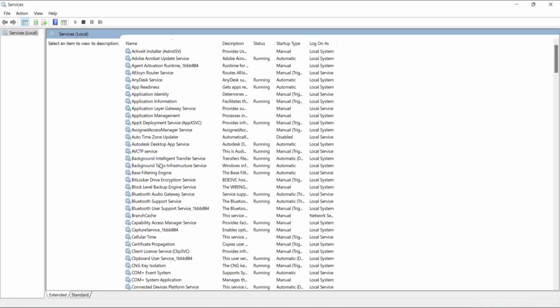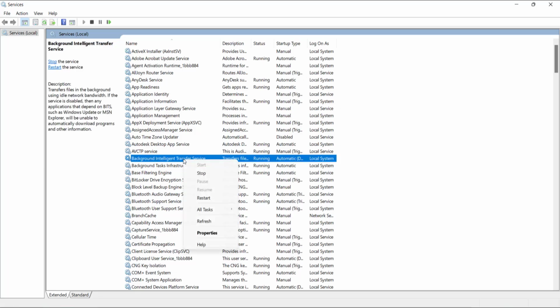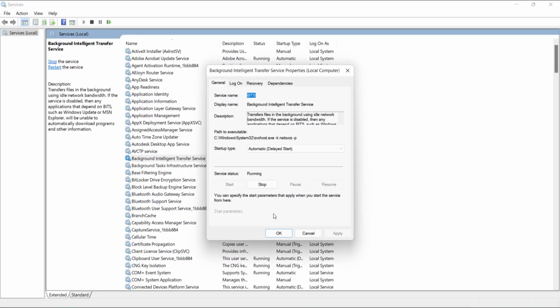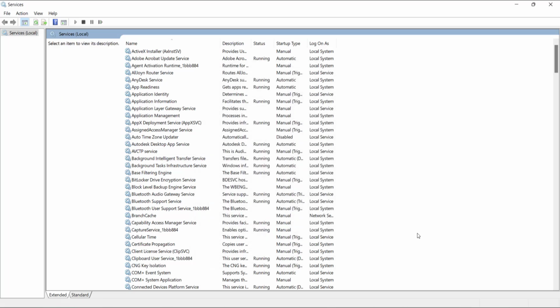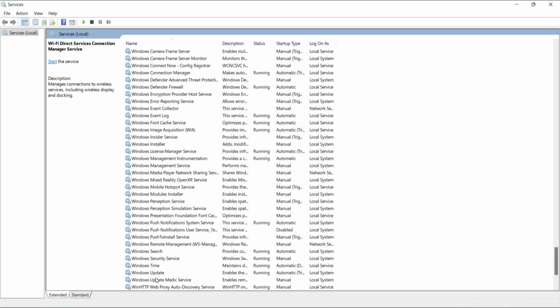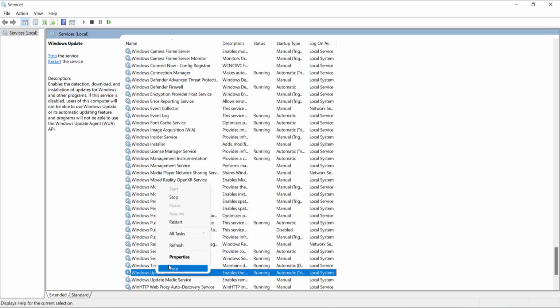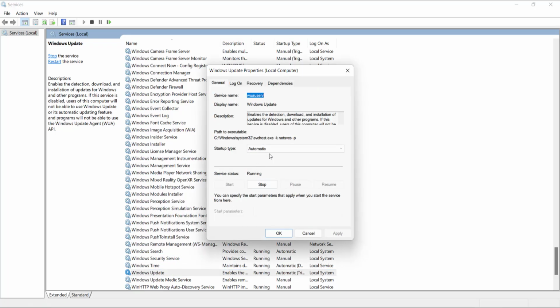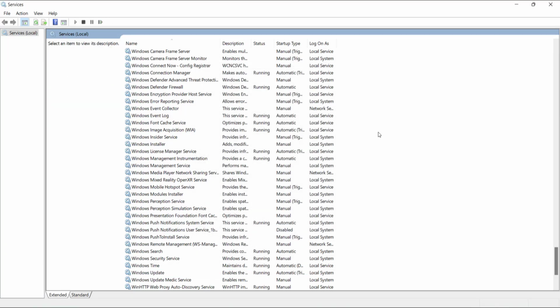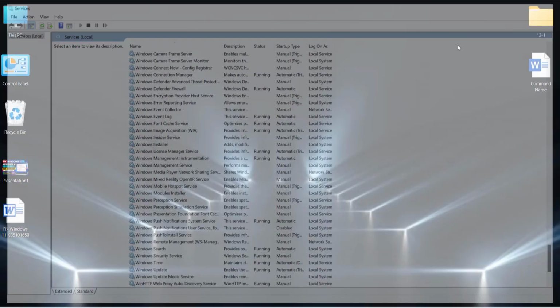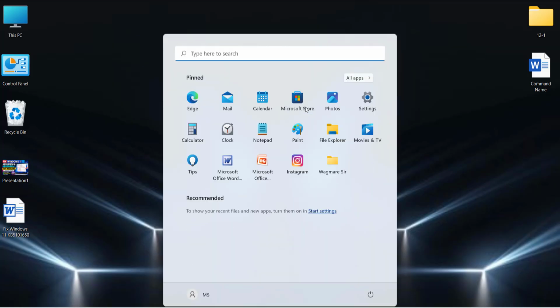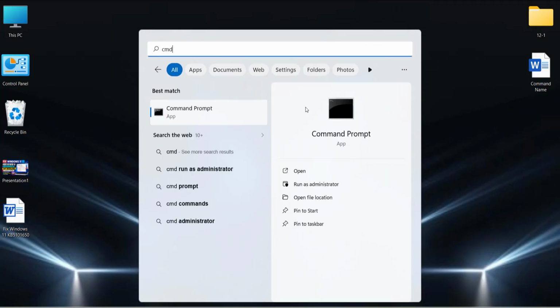Then search background intelligent transfer service. Right click on this, click on properties, select here automatic, then click on start and OK. Then search Windows Update. See here Windows Update, right click on this, click on properties, select automatic on startup type, then click on OK. After doing this, close this window, go to the command prompt, type CMD, right click